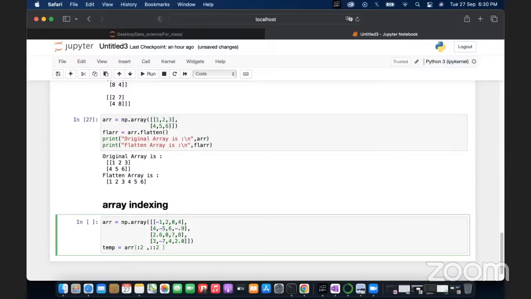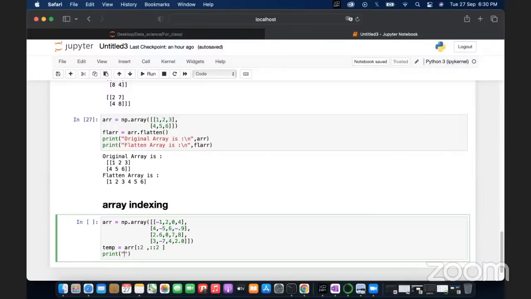So simply, if you see the output, you could understand what is happening here. Okay, so if we see that,